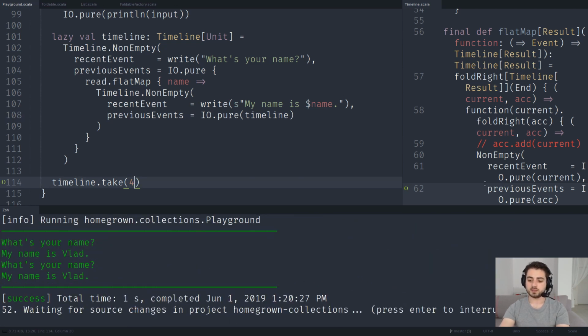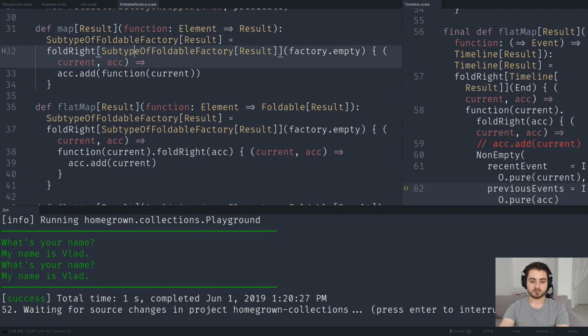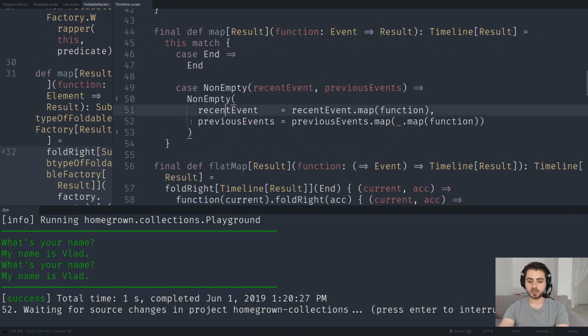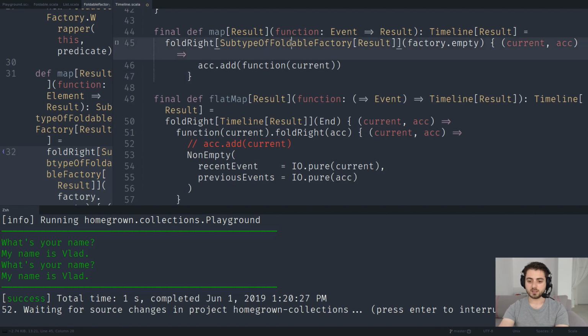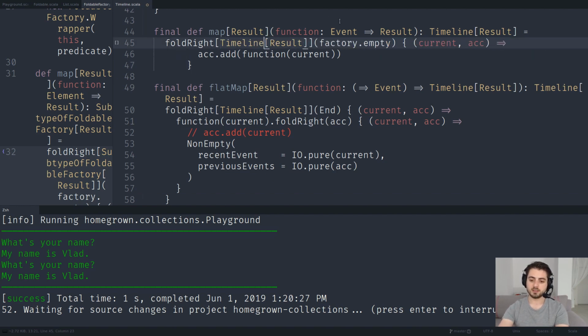Now the next thing that we're going to do is we're going to improve map, because map can also use fold right. So if we go to foldable factory, we have our map over here. We're just going to copy it the same way. I'm going to go to map, which is over here, throw the whole thing out, just paste that. That's timeline, that's